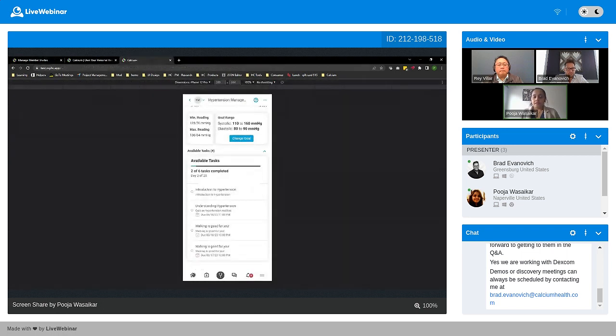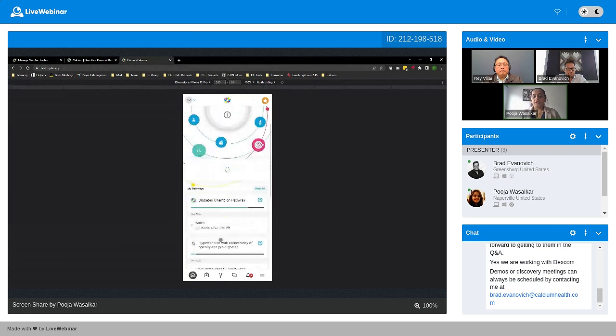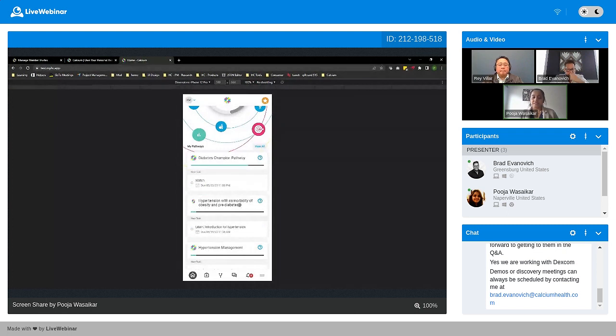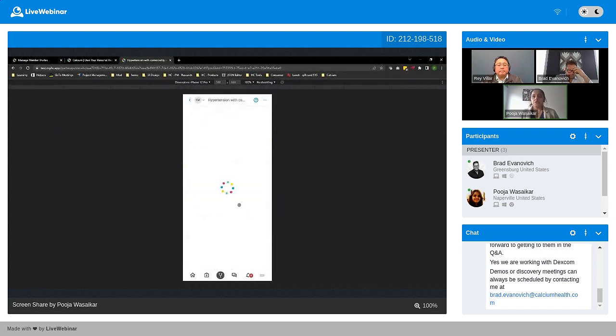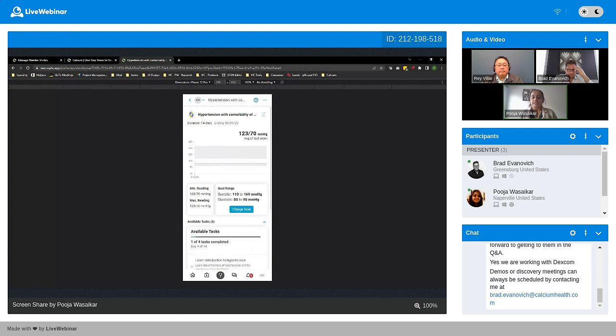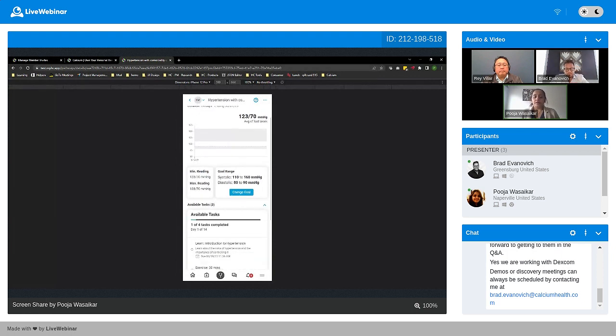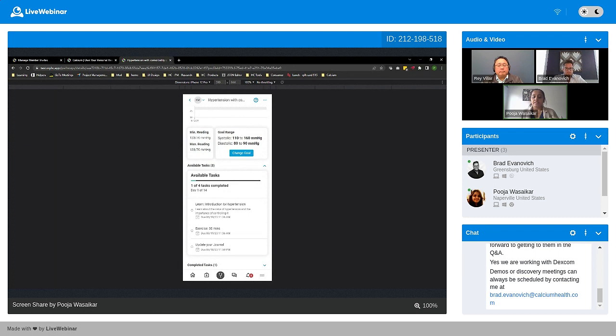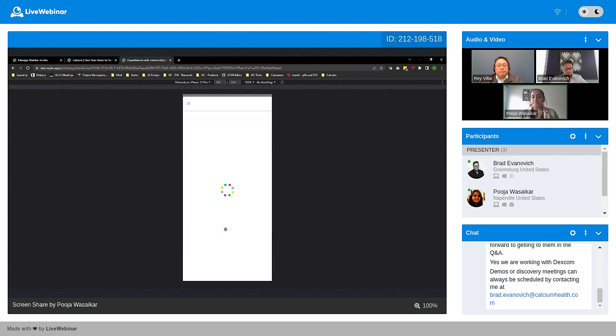So going back over here to the home screen, I'm going to this specific pathway now, which says hypertension with comorbidity for obesity and diabetes, pre-diabetes. Now you saw earlier the tasks were a little different. They were learning more around hypertension. But now, as you see, we have assigned this to Ken, and the first day, he's still learning about hypertension, but he also has some activity around doing an exercise, a 30-minute exercise daily.